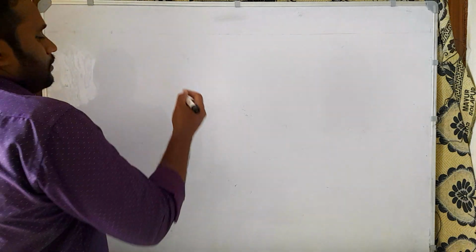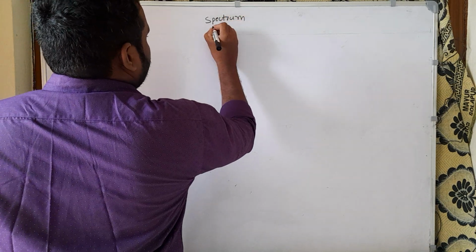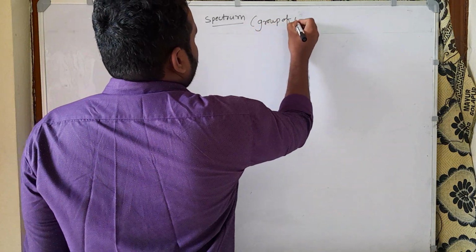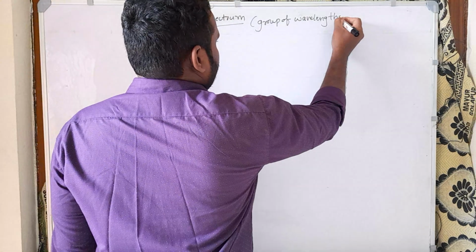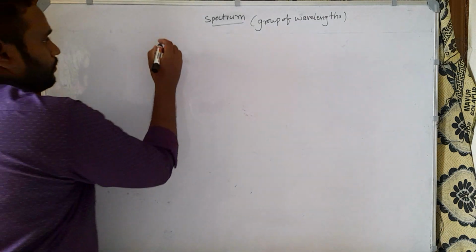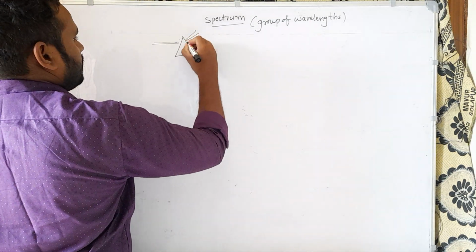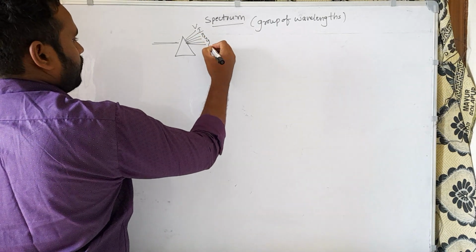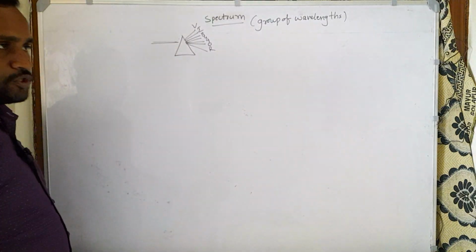Okay, first of all, what is spectrum? Spectrum we already know, that is a group of wavelengths is called spectrum. So when you pass a white light through a prism, it gives different colors like violet, indigo, blue, green, yellow, orange, red, like that different colors it gives. It is one of the spectrum, and the instrument used to record the spectrum is called